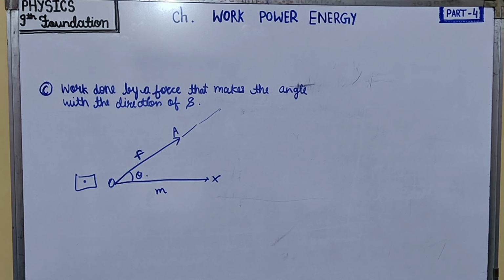In such cases, we cannot use the formula of work done is equal to force into displacement to calculate the work done, as the displacement S is not exactly in the direction of the force applied. So therefore we need to know the magnitude of the force in the direction of the motion of the body. Let us try to find the magnitude of the force F that acts horizontally, as force is a vector quantity and makes some angle with the horizontal. It can be resolved into two components, parts,